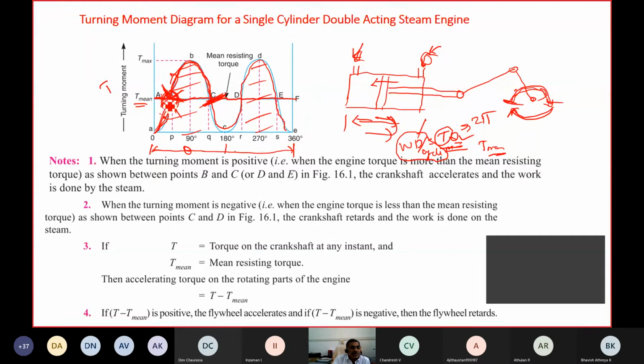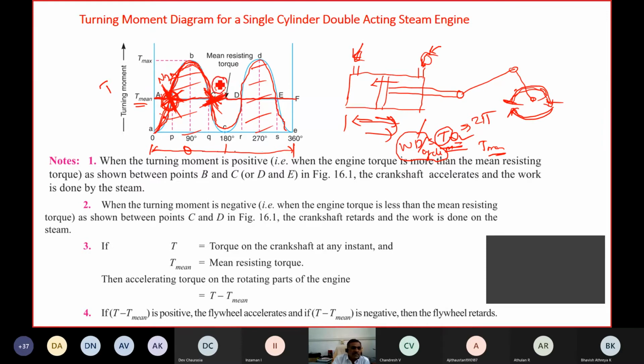So now energy produced is more, torque is more. As torque increases, that energy will be stored in the flywheel. So the speed of the flywheel increases and the energy will be stored. So at this point, the energy of the flywheel is more and the speed of the flywheel is also more, right? The same again, it will be decreasing again. So now the flywheel has more energy at this point. Let us take the speed as N1 here. Here it is N2, right?